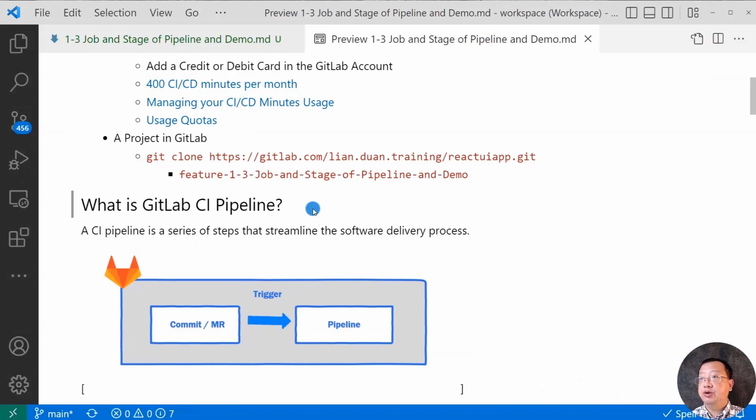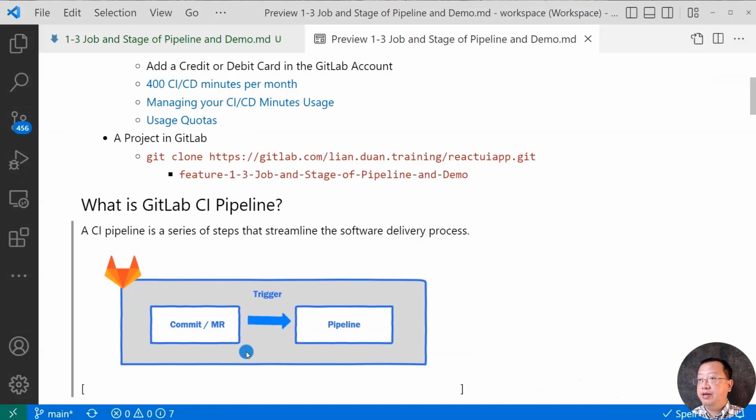Next topic, what is GitLab CI pipeline? CI means continuous integration. Continuous integration is usually used to build code, run unit tests, and integration tests within the development environment. A CI pipeline is triggered by code commit or merge, executing all jobs in their stages in the right order. A CI pipeline can find code issues as quickly as possible, since the developer is still in the context of the code change, so it is easier to resolve problems.